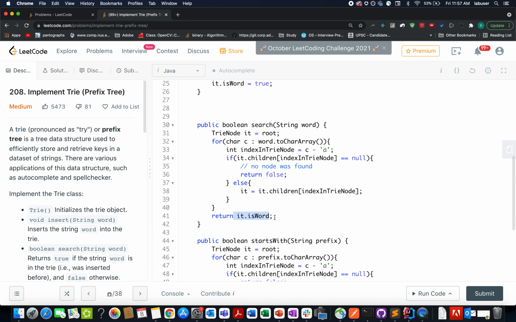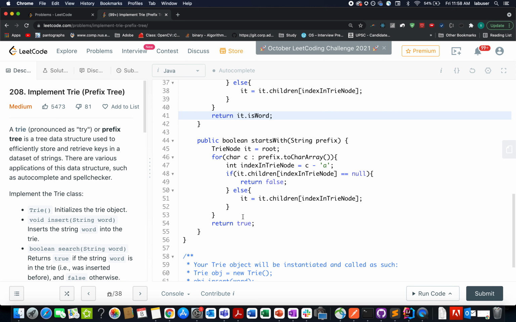In the end, once you have iterated through all the characters of your word, you check the state of the isWord variable in your last node. If it is false, that means no such terminal word exists in your trie node. If it exists, then this variable will be true.